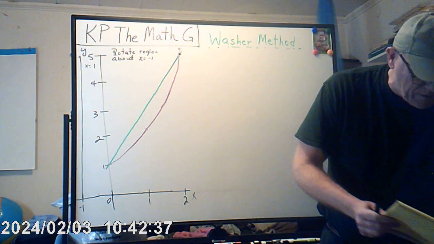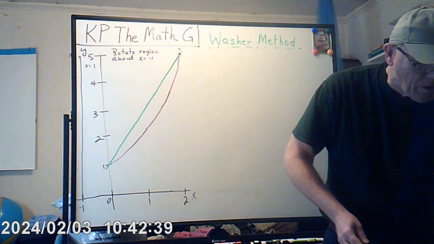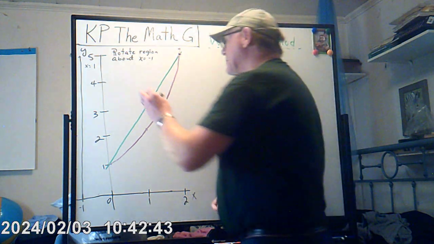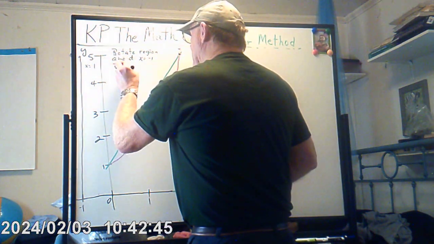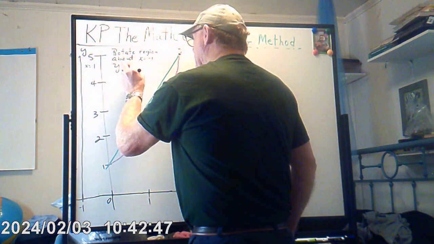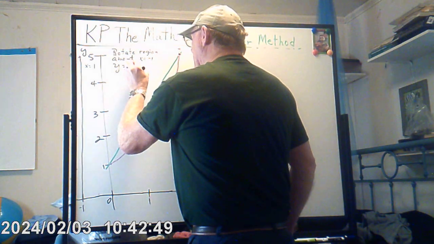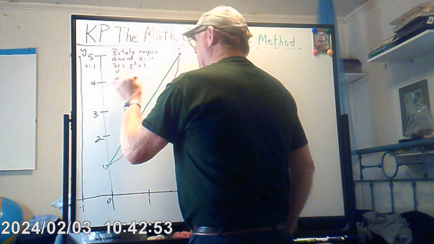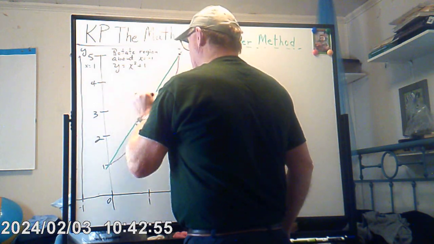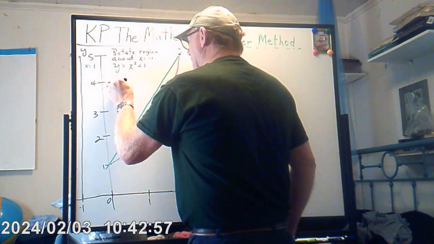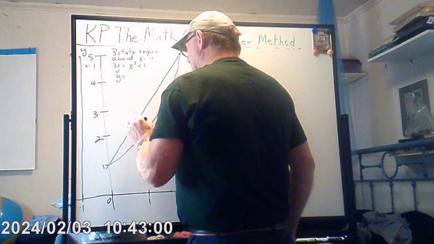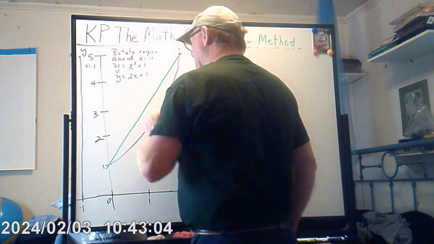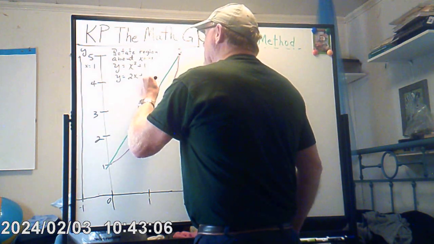I don't know why I'm even looking at my paper. Okay, so one of them is y is equal to x squared plus 1, and then the other one is y is equal to 2x plus 1. Alright,